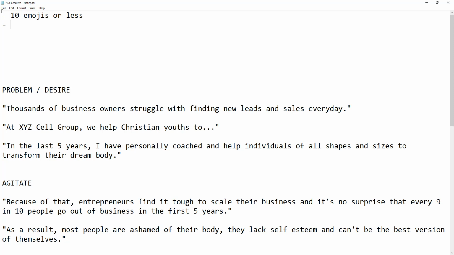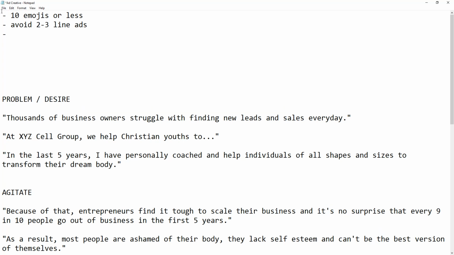Now, how long or how short should your ad copy be? Now, the way I see it is that there's no real ideal length, but one thing's for sure, you don't want to be writing 2 or 3 lines. All right, avoid 2-3 line ads, because this doesn't tell enough. And the truth of the matter is that Facebook is a learning machine. In fact, the more that you write into your ad copy, the more you're telling Facebook, this is the kind of audience that I am looking for. Okay, so it's a lot preferable that you write at least a medium to a long post for your Facebook ad. And just to give you a sub-objective to it,